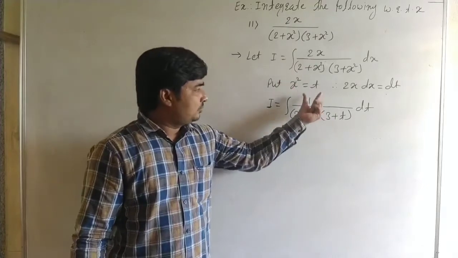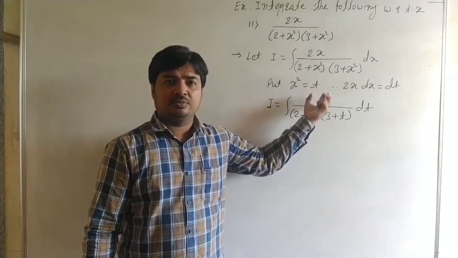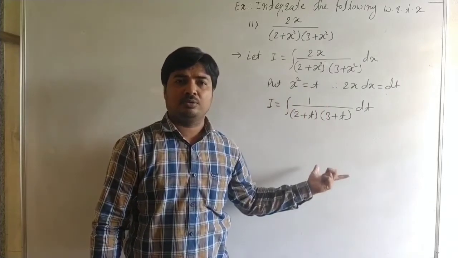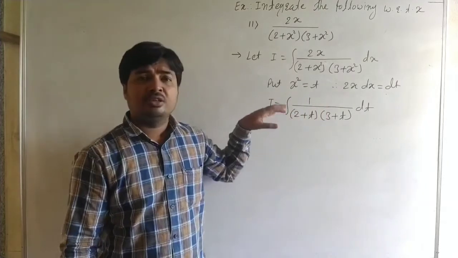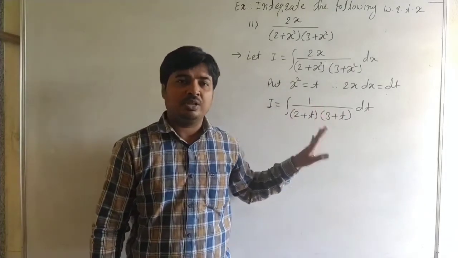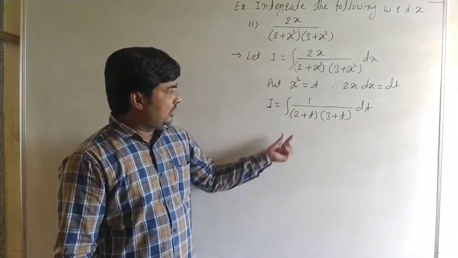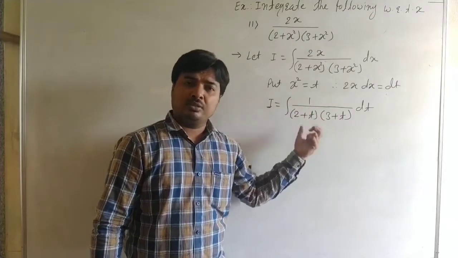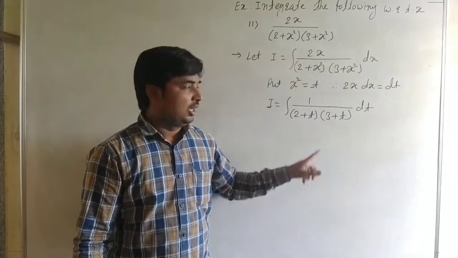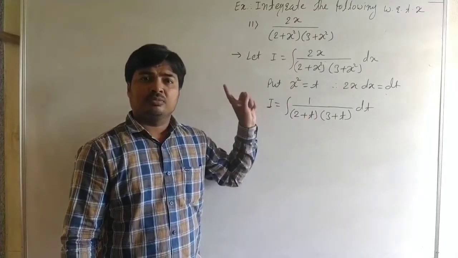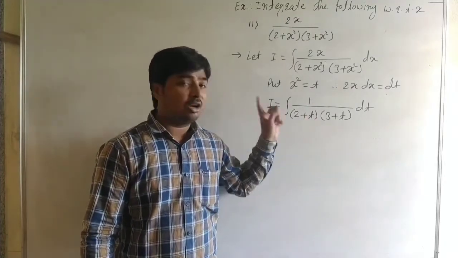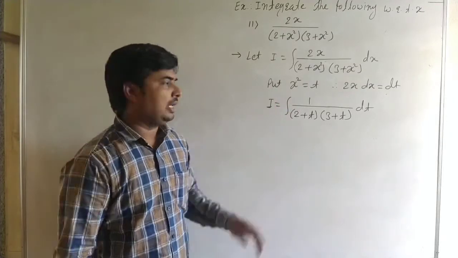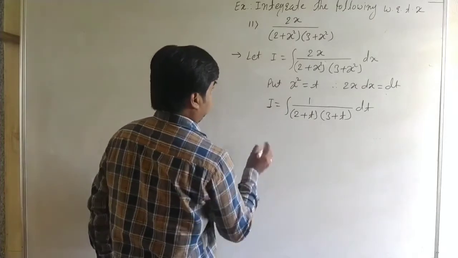Here it is a rational form, and then we adjust these two linear factors directly, so in the numerator we get the partial form. There is no need to find the values of a and b. But in this lecture we see this example by using partial fractions. You can solve in the exam by using the completing square method or by directly adjusting the linear factors in the numerator. Now we solve by using partial fractions.